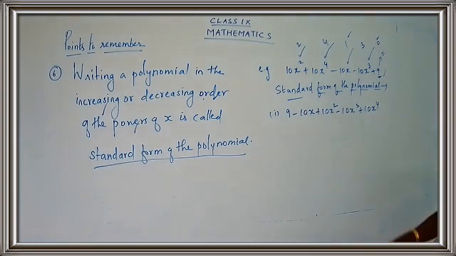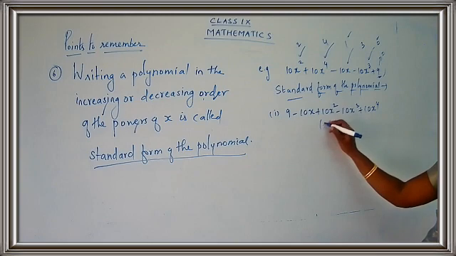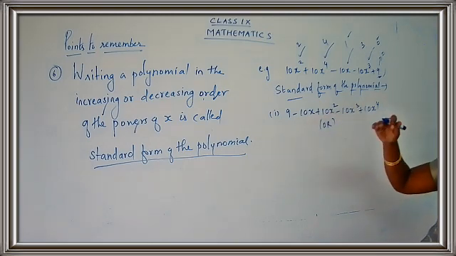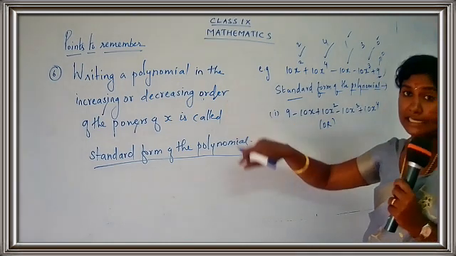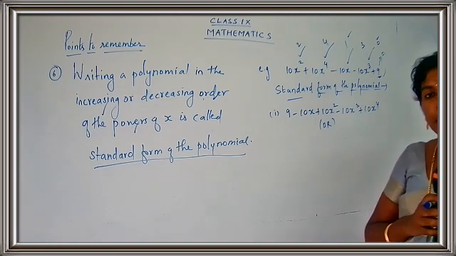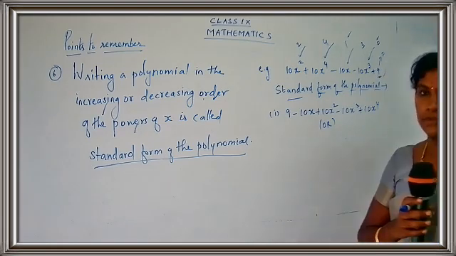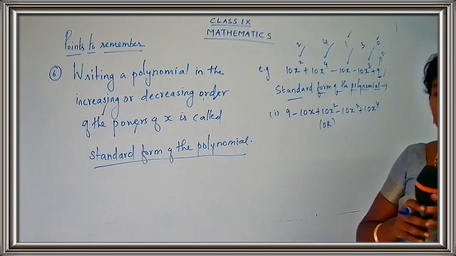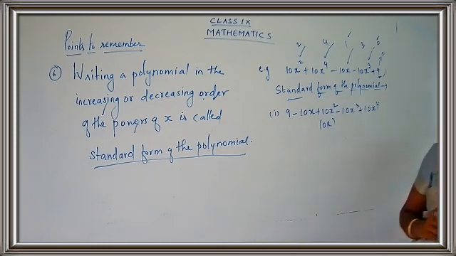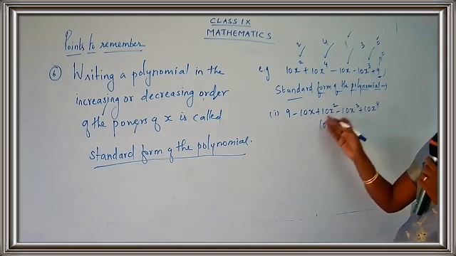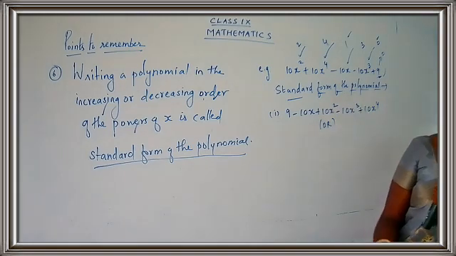So how will you write it down? You may write from smallest to biggest or from biggest to smallest. So this is one way. This is the increasing order. Okay children? Increasing order means from small to big. Now we are going for the second way. We are going to write it in a decreasing order. Decreasing order means start from big to small. You have to start from the bigger number and then go on moving to a smaller number. So this is just vice versa. You just write the terms in reverse order and that's all.